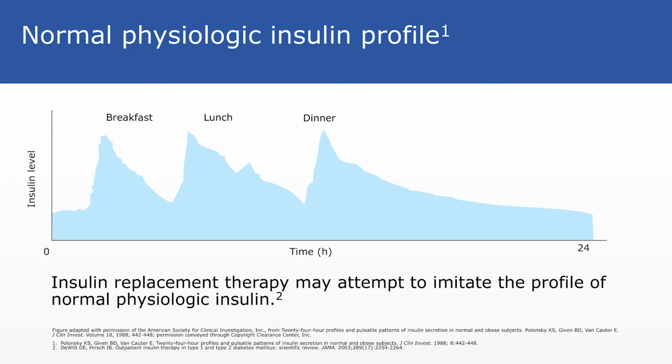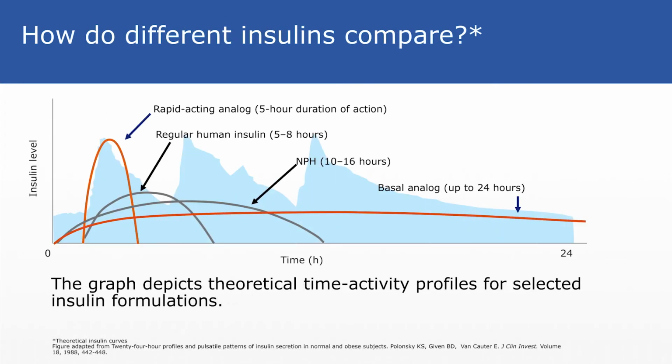In addition to the 3 peaks, you can also see a baseline increased level of insulin throughout the course of the day, which is referred to as the basal insulin. In a person with diabetes, you will see a blunted peak response for insulin after meals, which means that the body is not producing enough insulin to adequately lower blood sugar after a meal, resulting in hyperglycemia, or high blood sugar. Since patients with diabetes have a blunted insulin response to a meal, or have an increased insulin resistance to